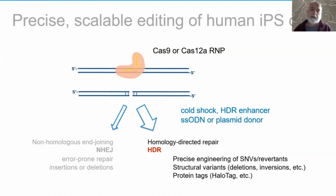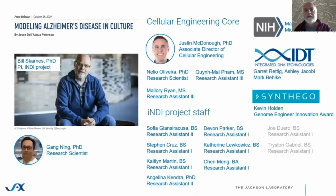And so I don't have time to talk about it today, but we're using these conditions as well to generate structural variants, specifically deletions of genes, and the introduction of protein tags using plasmid donors. And we're getting very high efficiency results from these experiments as well. So I'll stop there and just